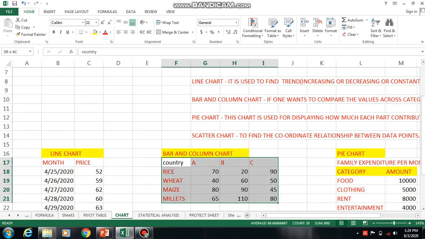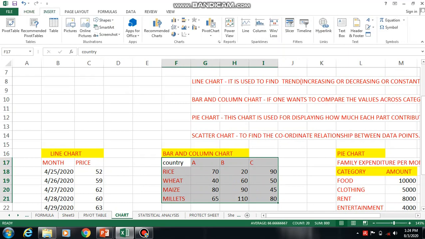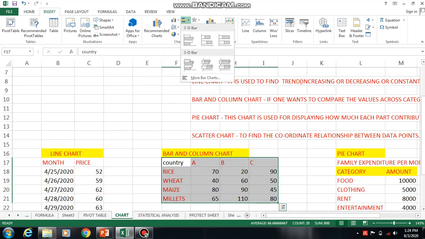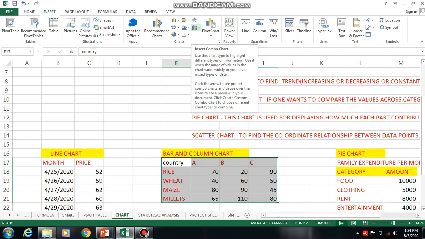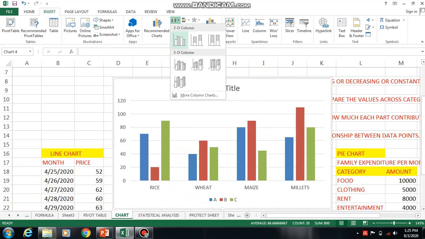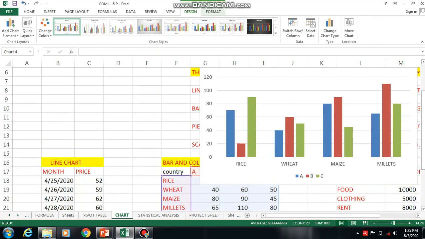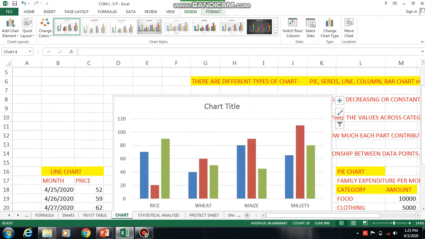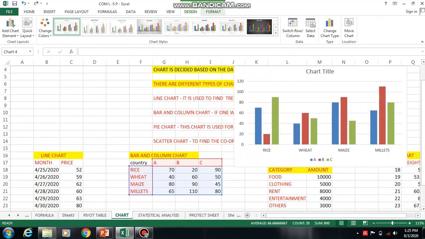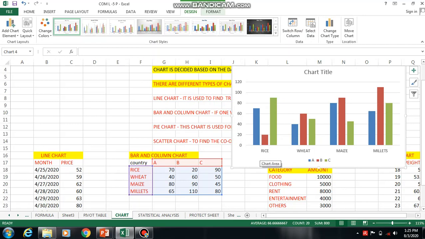First you choose this data, and then you go to Insert. In this you will have the bar chart, 2D or 3D. You can also go for the column chart. See here, with the help of this column chart we are comparing the categories.